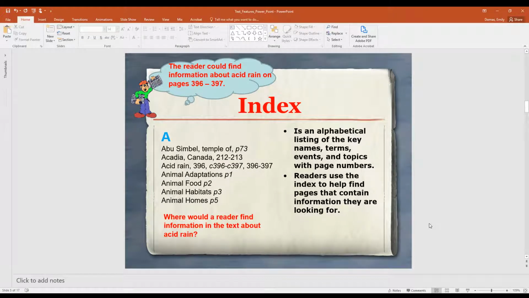The index is an alphabetical listing of the key names, terms, events, and topics with page numbers. Readers use the index to help find pages that contain information they are looking for. So, for example, where would a reader find information in the text about acid rain? Well, I'd look in the index, and I would be able to see that acid rain could be found